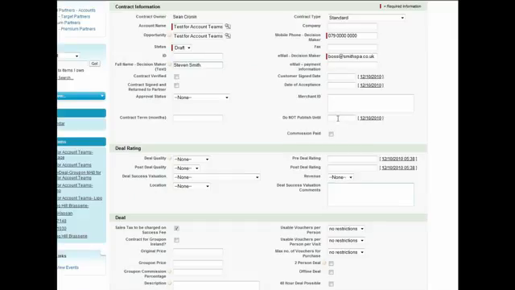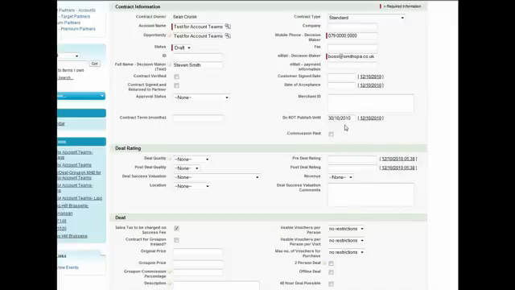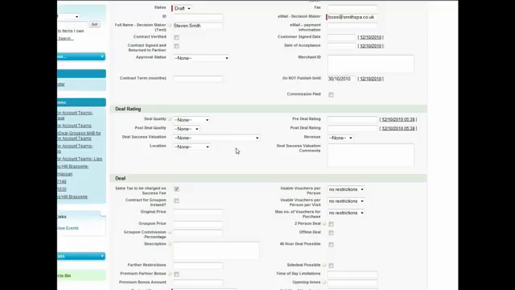Moving down, do not publish until. Now the do not publish till area, obviously is for when a customer might say to you that we do not want this deal to go live before the 30th of October. So that field can be used to highlight that. Moving down,